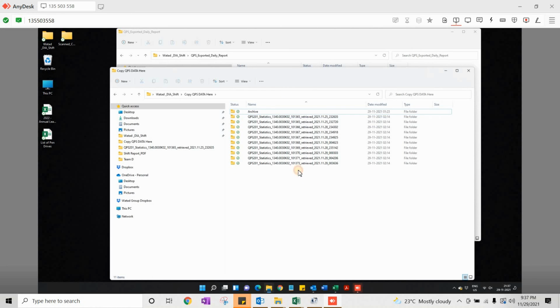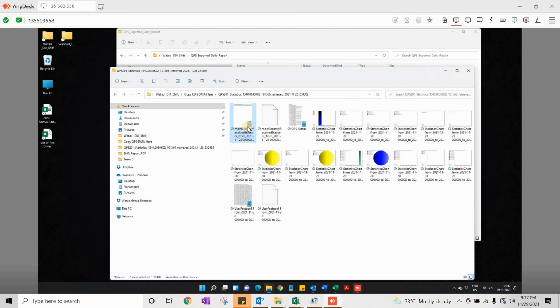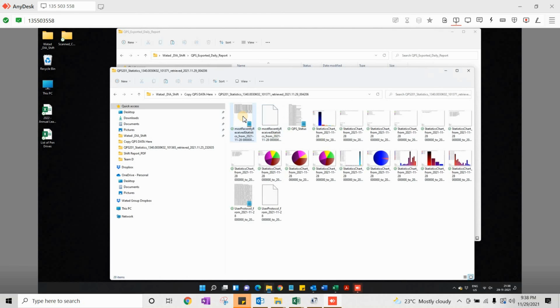These two files I'll just delete for now. When you open a folder, there will be a text file, most recently received statistics from the date which you take the statistics. So copy this and paste it in the folder copy QPS data here.